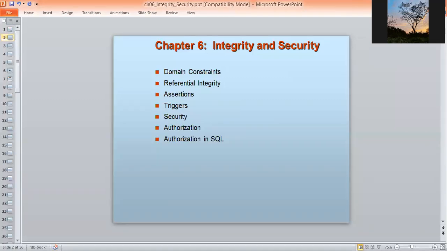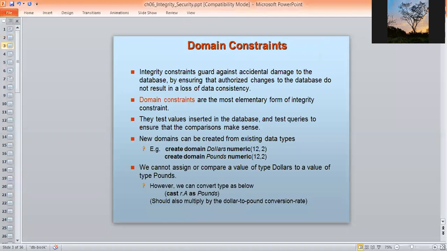Now, all these security concerns will be discussed with reference to SQL. And for the database, let us first consider the domain constraints. Already we know from our DBMS 1 knowledge what domain constraints are: integrity constraints guard against accidental damage to the database by ensuring that authorized changes to the database do not result in a loss of data consistency.